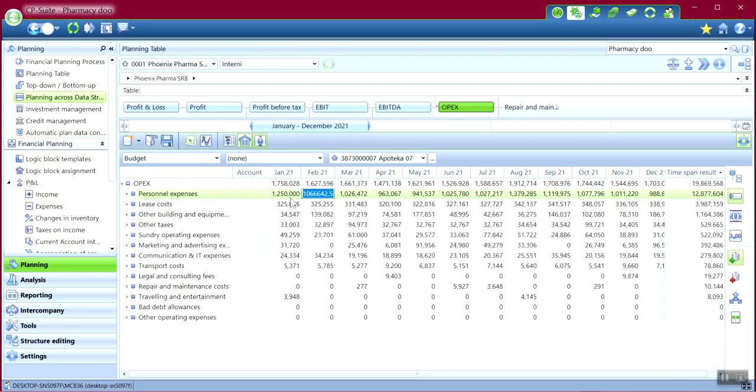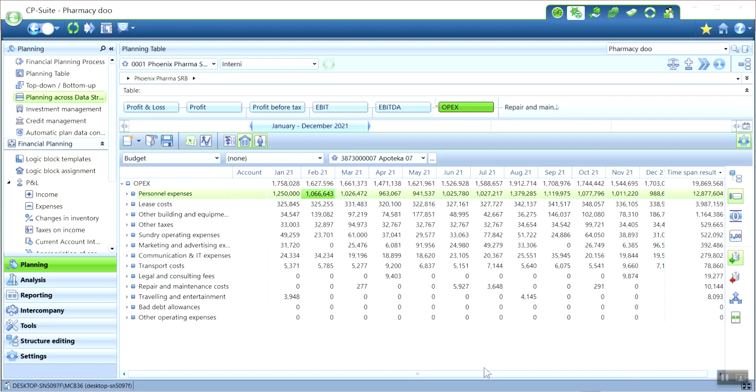So we get the new figures here. A more detailed planning of the costs can be done in another CP module, which is called operational controlling, and the more detailed planning of sales figures is done in the sales controlling module. If I want here in financial controlling to see how I have planned the costs for each of the cost